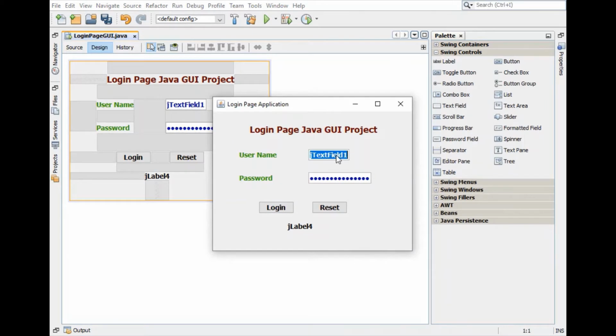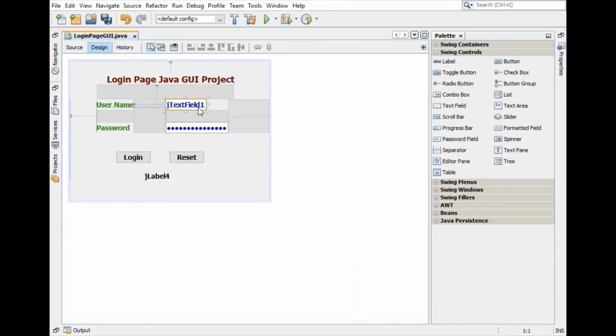Let's remove the initial values from this box. Right click, edit text, just delete this. Here, password, right click, edit text, remove this, and adjust the width of both components. Finally, let's reset this JLabel 4.